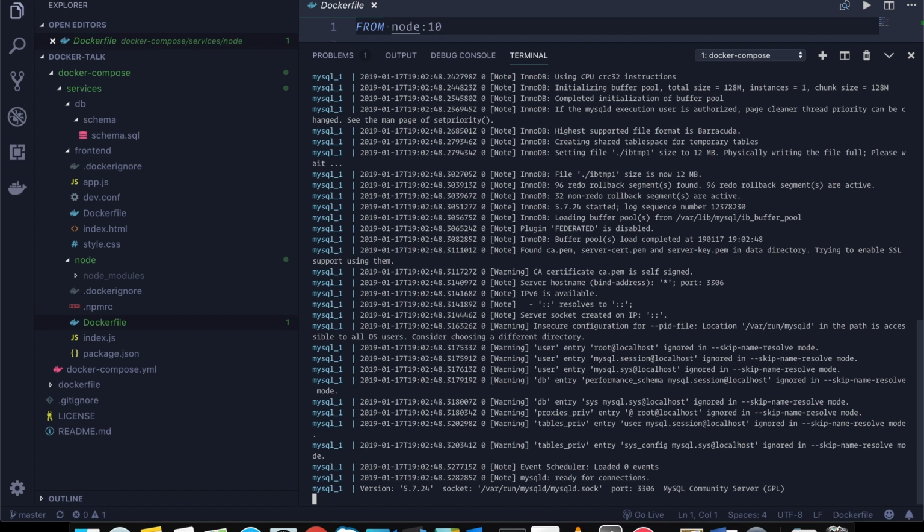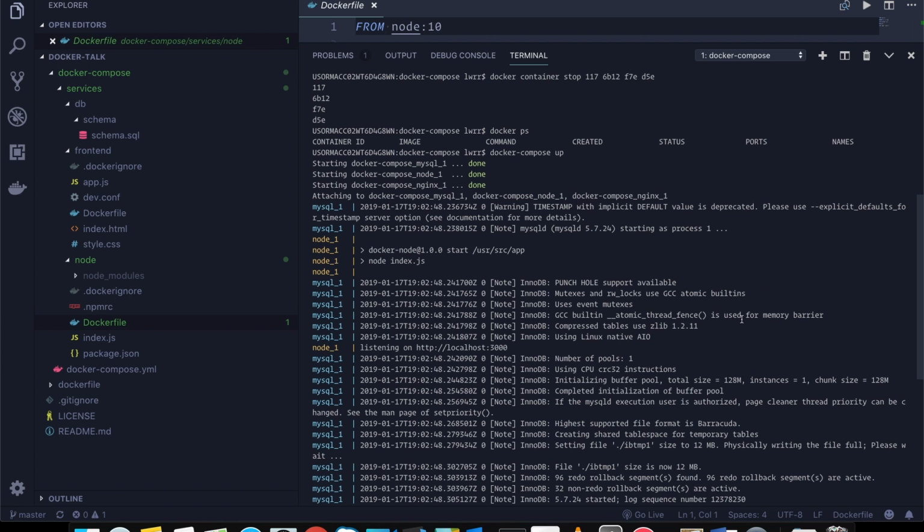So I had to stop the containers that I had running because they were bound to ports that I was using for this. All this output is the output from each service that we've just spun up. So MySQL_1 is the MySQL service, and node_1 is the node service.